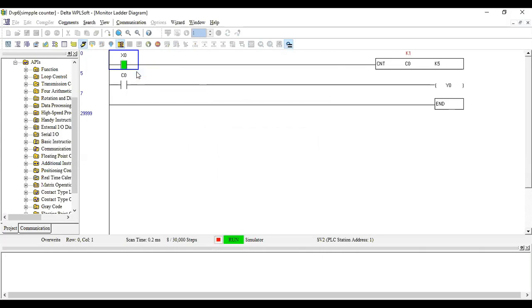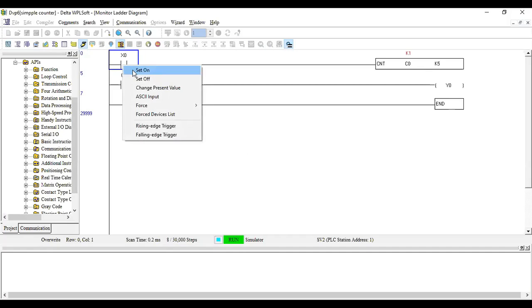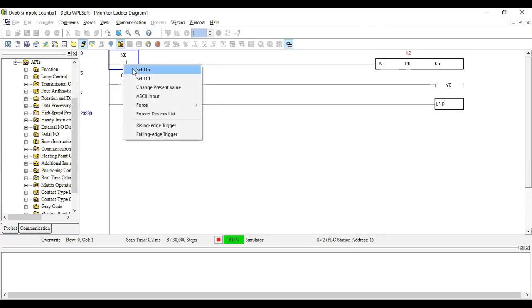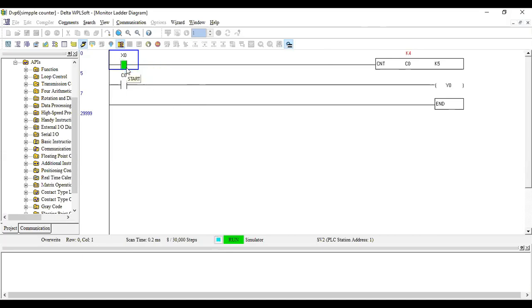So the first count. I off. Second count. You can see the K2 is changing. Off. Again, this third count. Off. So up to 5 it will work. Okay, I'll just set off, and fifth one.